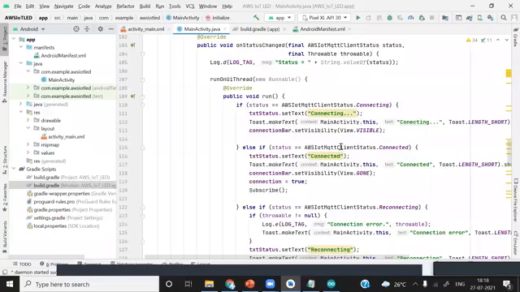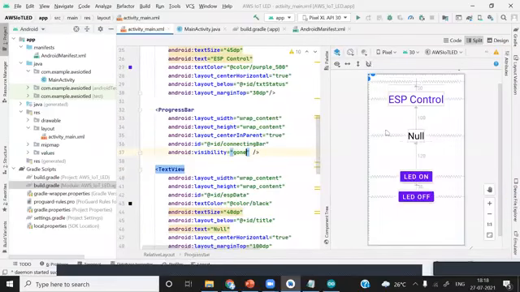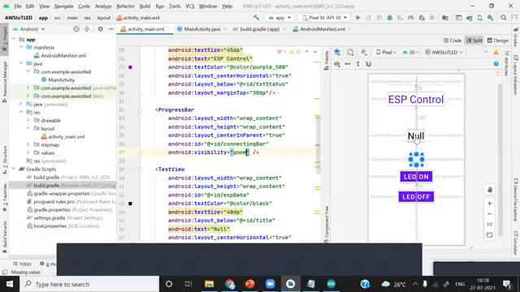Okay, visible. Now instead of gone, I will add visible. You can see this half circle. Okay, this will rotate in circular motion. I'll make it gone.